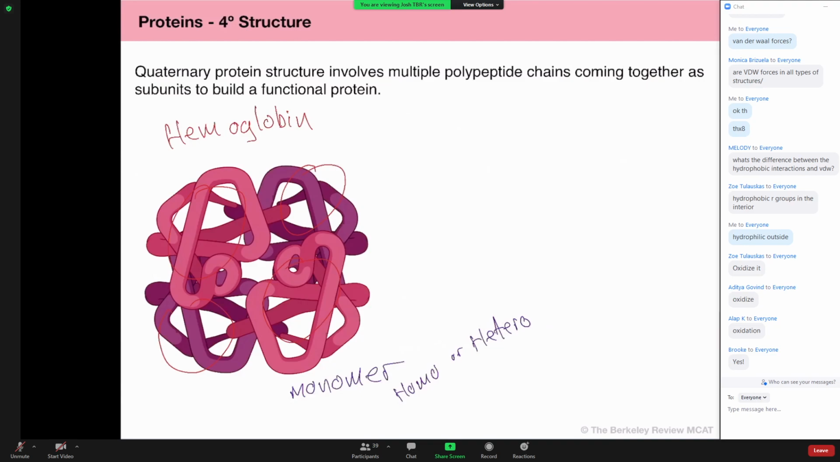Okay, and just to give you guys a heads up, so you can pay attention as you do your studies and practice questions, the classic MCAT molecules that are going to be tested on quaternary structure are going to be hemoglobin, right? Things that keep showing up all the time, DNA polymerase,